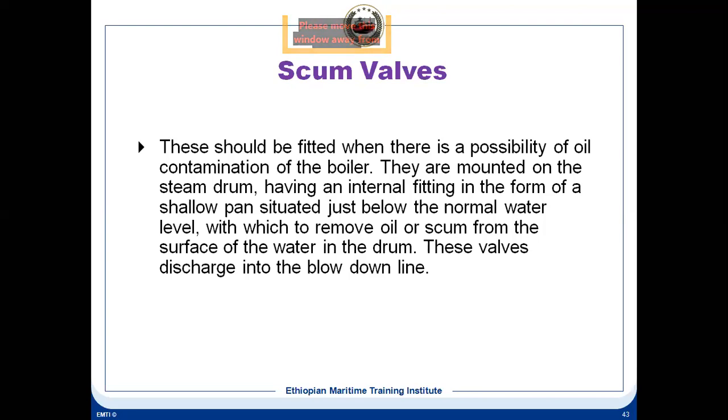Now your scum line is basically there at the interface of the water and the steam, at the top of the water level in the steam drum, where they have these shallow pans, as mentioned. If you have any scum, debris, etc., floating on top of the water surface, or if you have oil, which is quite dangerous, the oil inside the boiler can turn into sludge. Sludge having a lesser specific gravity than the water would also be floating on top. All that has to be got rid of.